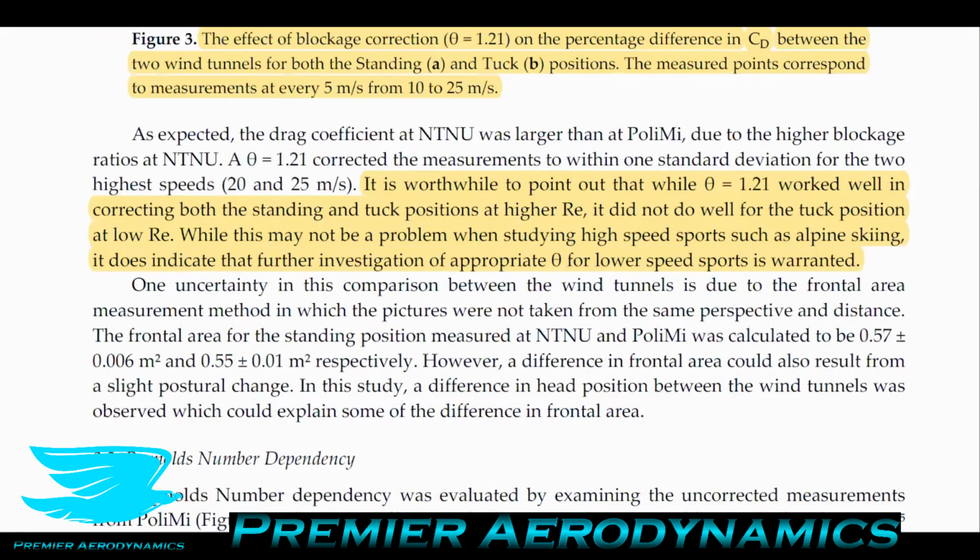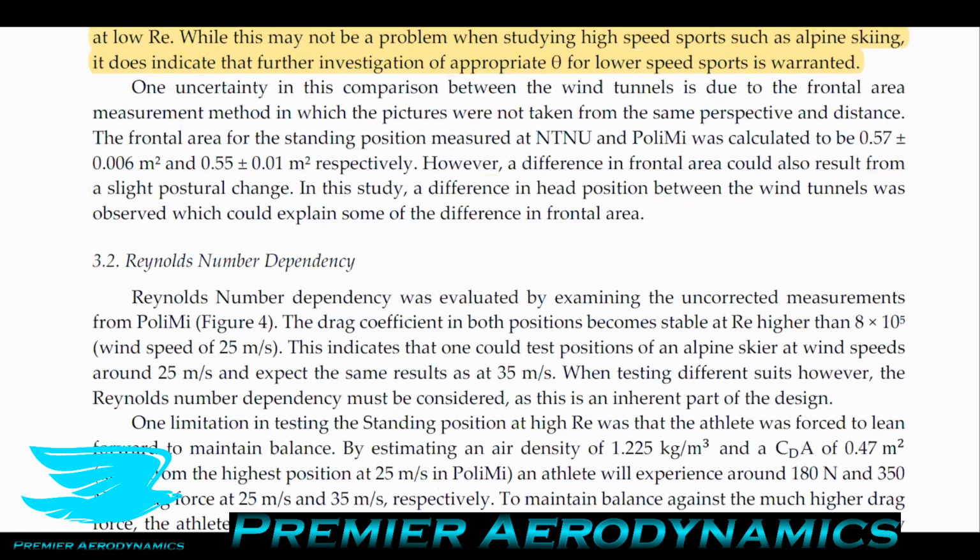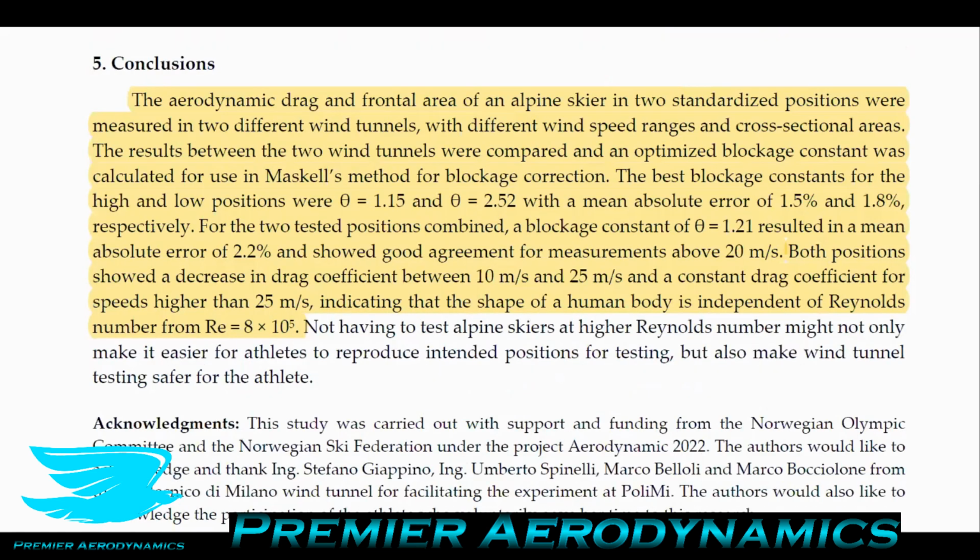And they say that it is worthwhile to point out that while theta equals 1.21, which worked well in correcting both the standing and tuck positions at high Reynolds number, it did not work well for the tuck position at low Reynolds numbers, as we just mentioned there. While this may not be a problem when studying high-speed sports such as alpine skiing, it does indicate that further investigation of appropriate thetas for low-speed sports is warranted, again, because the flow physics is different, and it's very sensitive to the velocity. So in conclusion, the aerodynamic drag and frontal area of an alpine skier and any object in general